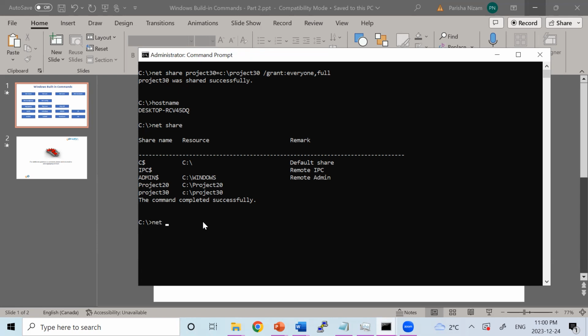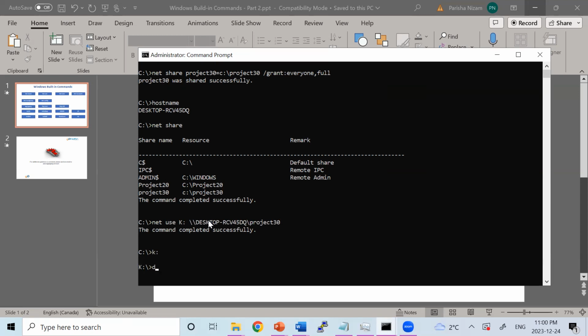So with the net use command, give a name. Let's say I call it K drive. So my K drive equals the path I'm going to use, \\computer name\project 30. Now I've given it a new name called K drive. From now on, I do not need to remember the computer name and project 30. I say my K drive equals project 30. So this is done. If I just press K colon,